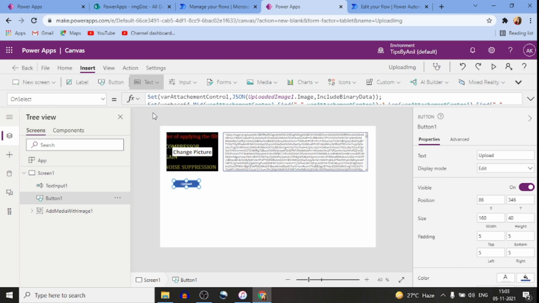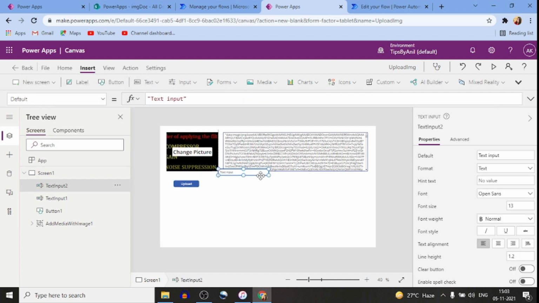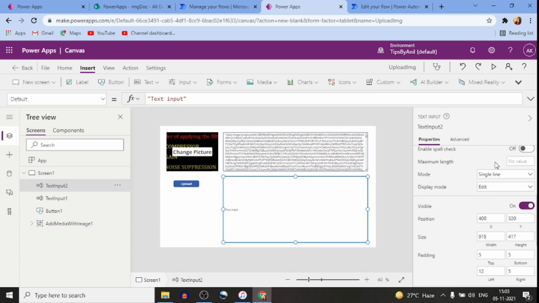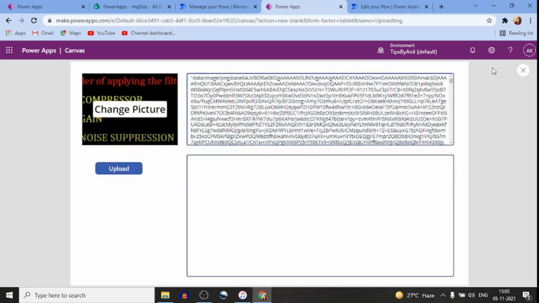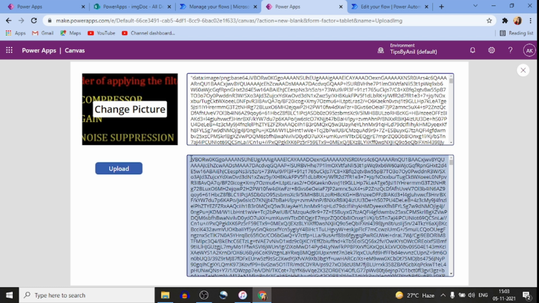For that, I will go to the text input and set it as multi-line, and here base64. Now I will click on this upload, and here you can see the unnecessary characters have been removed from this text box.